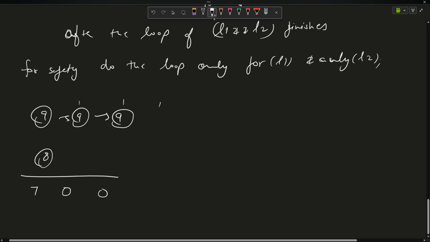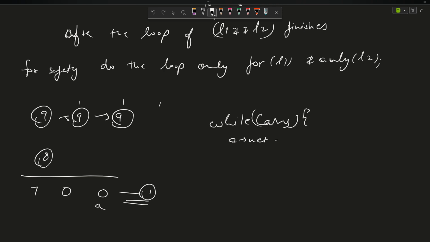Now because 1 comes here, I will have to add a node here, right, of value 1. So what will I do? A is already here, so I will just say while carry. What will you do while carry is there? A next equals new node of the value carry,